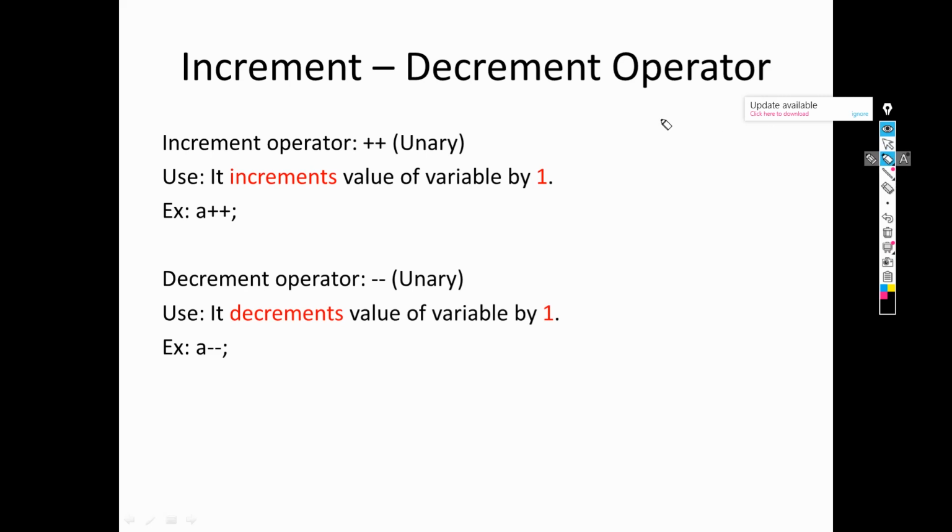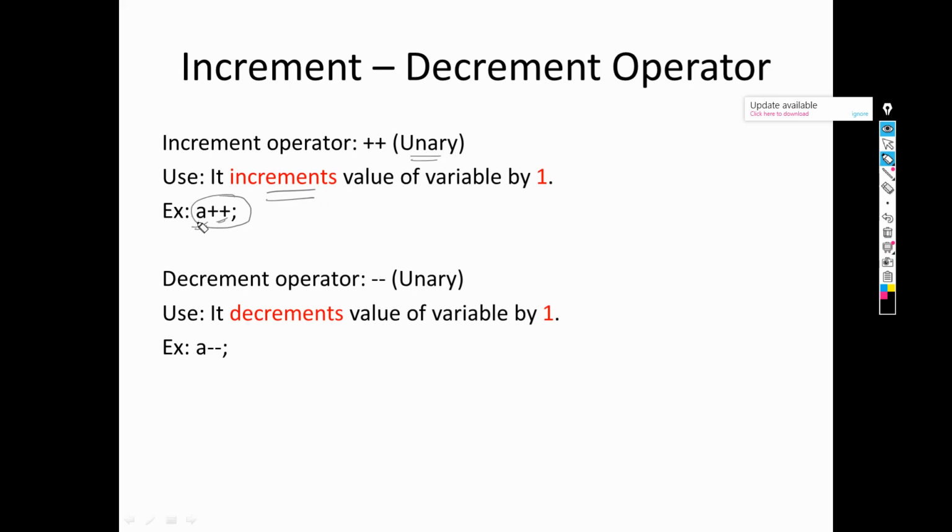Now why is it unary? Because we know that a unary type of operator means the operator which contains only one operand. So here in this example you can see in this particular statement, this is our operand and this is the operator. The plus plus operator denotes the increment operator, and only one operand is there along with it. So it is a unary type of operator. What does it perform? It increments the value of the variable.